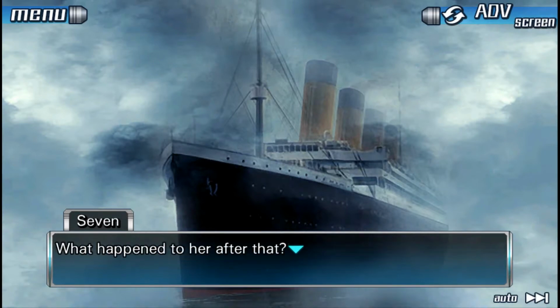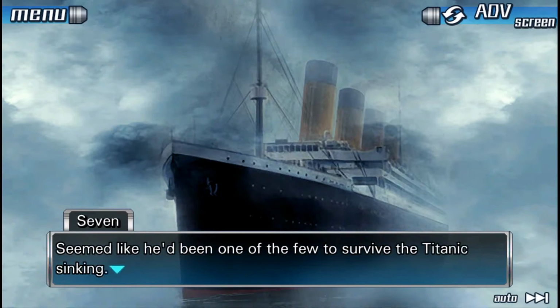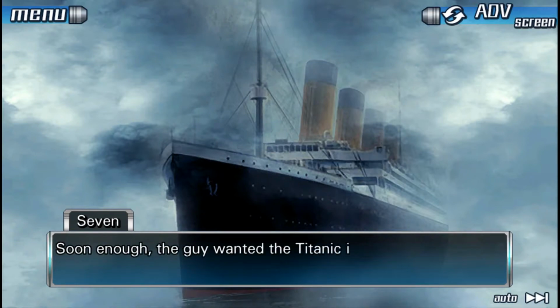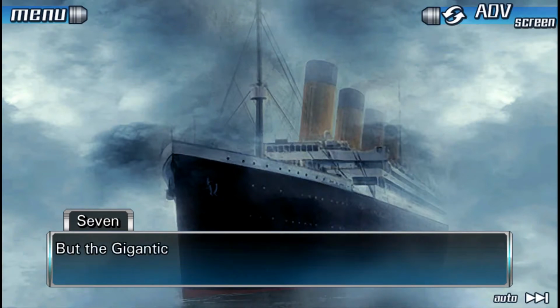What happened to her after that? One theory going around is that a man named Lord Gordain bought her. Seemed like he'd been one of the few to survive the Titanic sinking. That trauma turned him into some kind of obsessive collector of all things related to the Titanic. Soon enough, the guy wanted the Titanic itself. Which was impossible, of course. It's stuck at the bottom of the Atlantic Ocean. But the Gigantic wasn't. And seeing as she was identical...